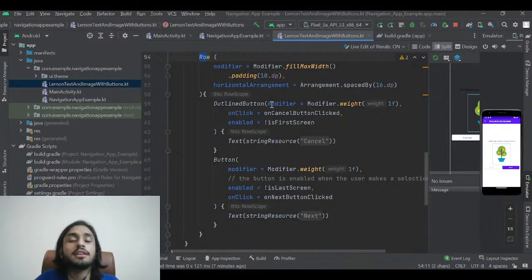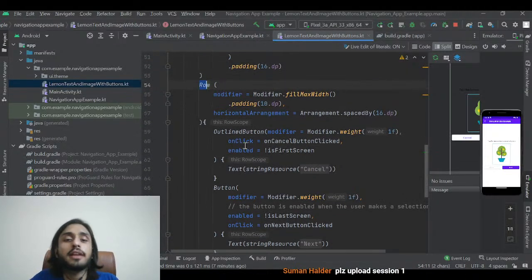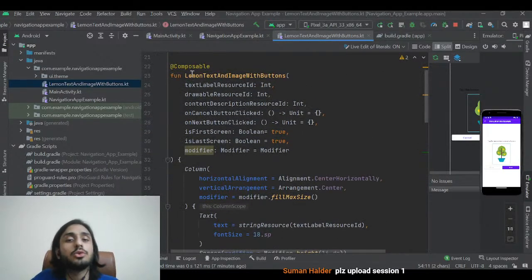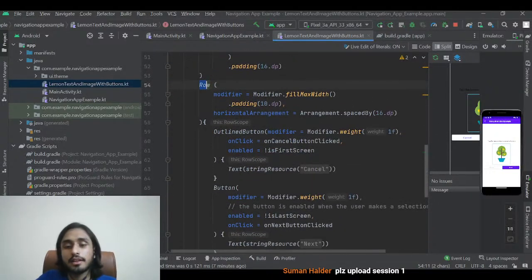So the outline button represents the button for cancellation. So for now, the on click parameter of the outline button calls the on cancel button click function, which is passed to the attributes of this composable. Okay, so